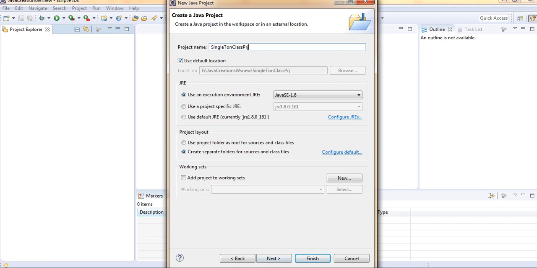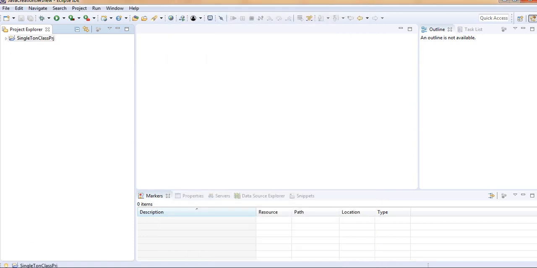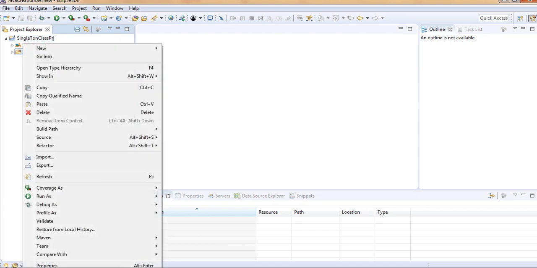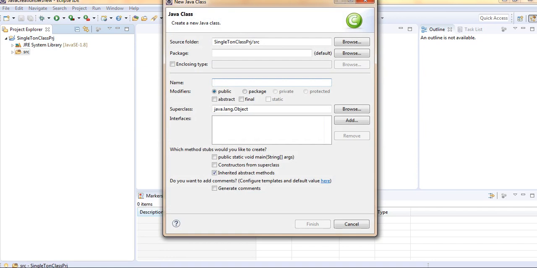Finish. Open the perspective. So now I'm going to create a class. In this class I'm going to create the singleton object, so I'm giving it a very appropriate name, SingletonClass.